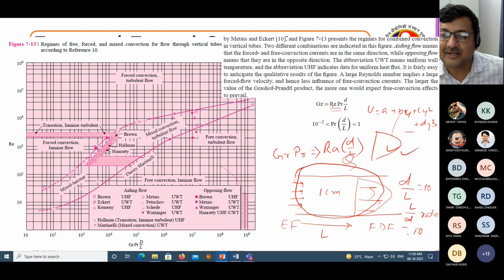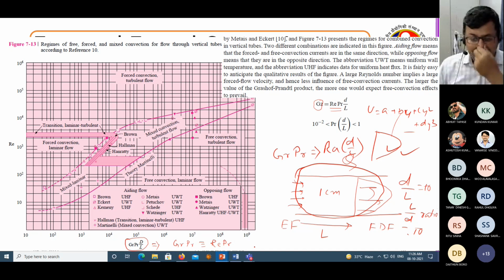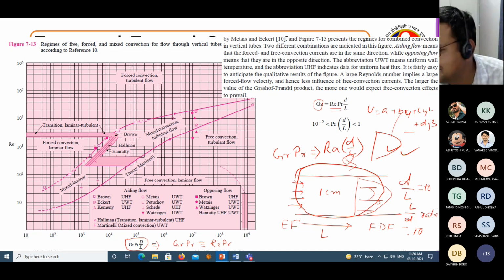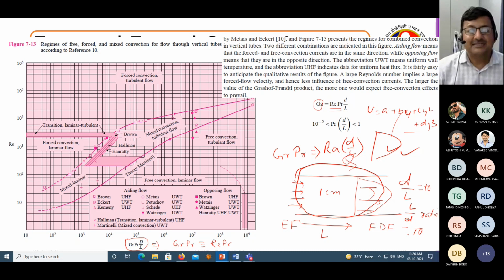In general, when we are plotting, if you multiply this D by L effect also, which is also a dimensionless number, that number is called the Grashof number. Here you may see we are plotting the Grashof number in that spirit, because Grashof number into Prandtl number is very equivalent, for natural convection, to Reynolds number into Prandtl number for forced convection.